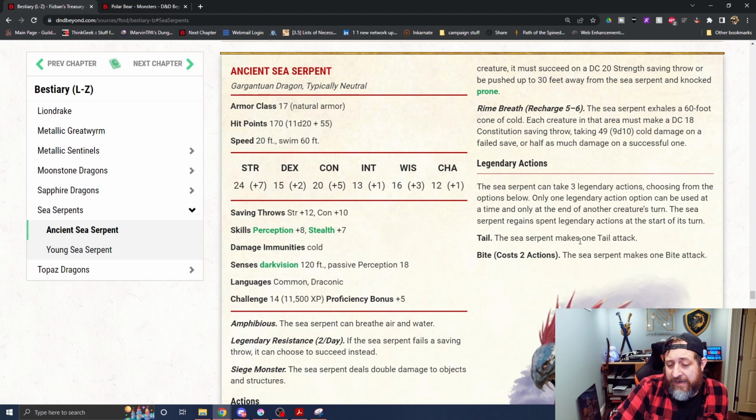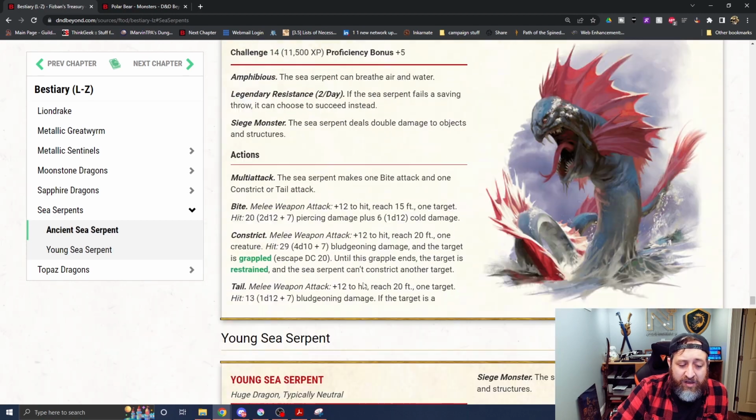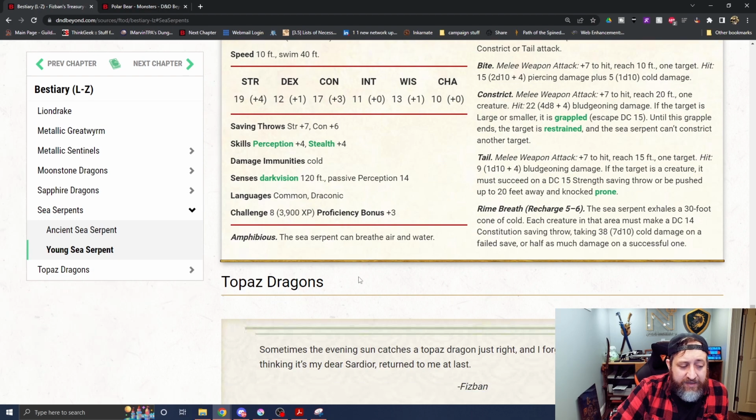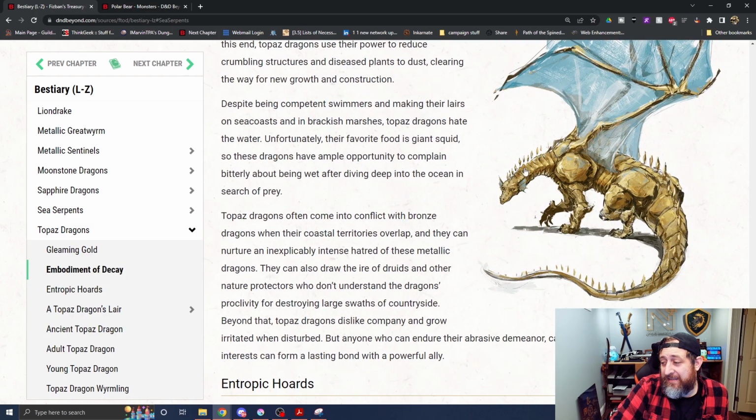And then its legendary actions, which it has three. A tail attack for one or a bite attack for two. We also have a young version of that, which goes down from a challenge rating of 14 to a challenge rating 8. And lastly in here we have the Topaz Dragons, which honestly in this art looks more metallic than gem